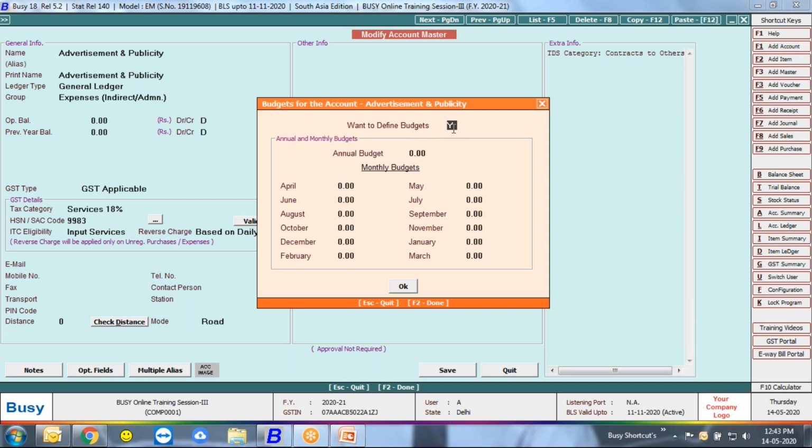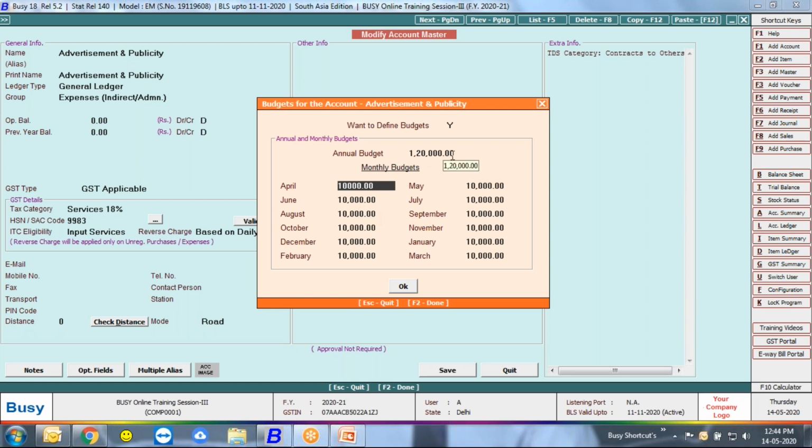I said yes. How much? We have a provision to configure budget on a yearly basis, meaning for the whole year how much amount we want to define as budget, or on a monthly basis. I said 1,20,000. You can see Busy will automatically bifurcate it in terms of months.